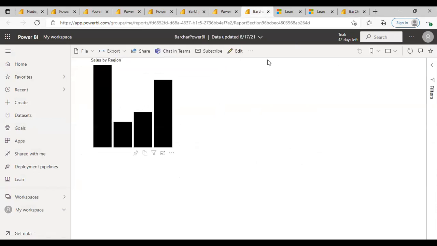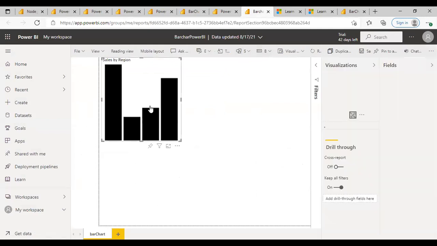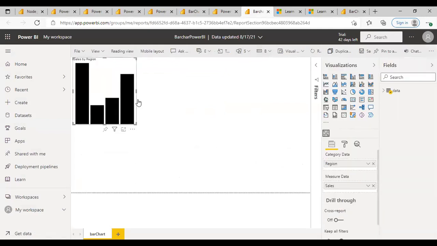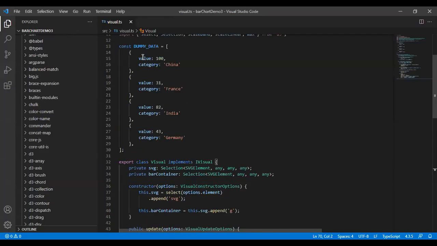I just want to show you that in our Visual Studio Code, I just hard coded these units for the bar chart. For China 100, for France 31, for India 82, for Germany 43.